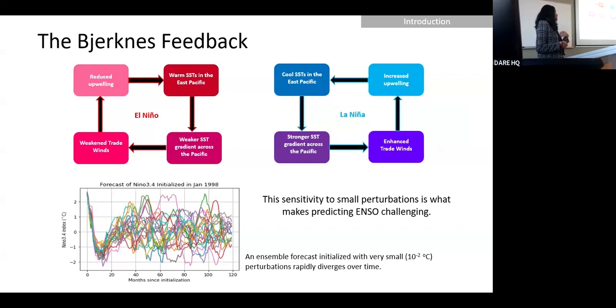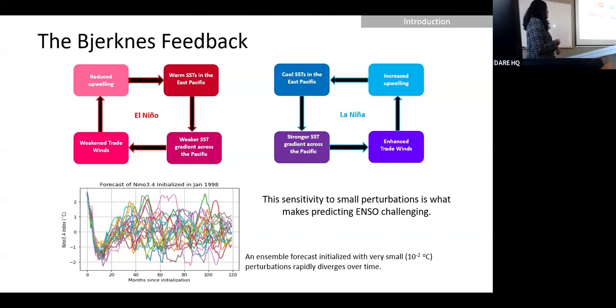Now, just to give you a sense of how challenging, this is an example of a forecast of El Niño from one of our climate models that's actually used in practice. You can see that this ensemble is all started at the same point. And this is a physical model using the laws of physics. And the only difference between the different ensemble members is there's a very small perturbation of maybe 0.001 degrees C scattered across the basin in each one.